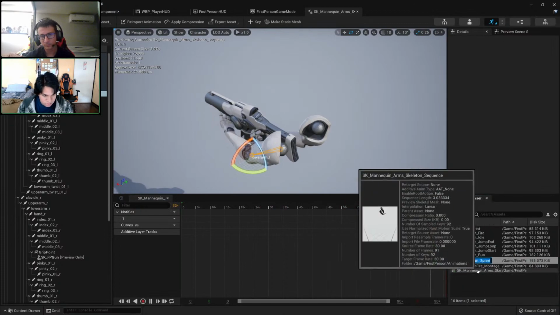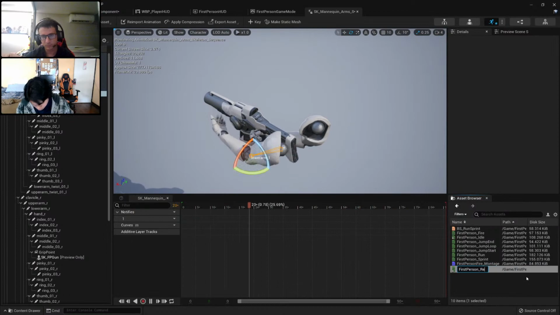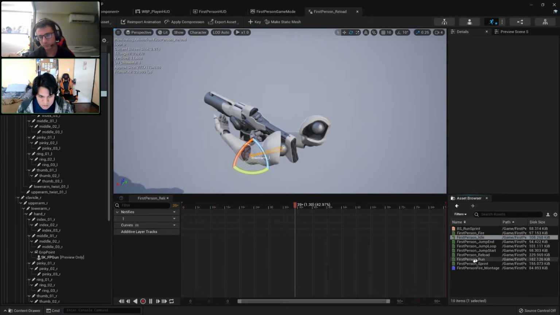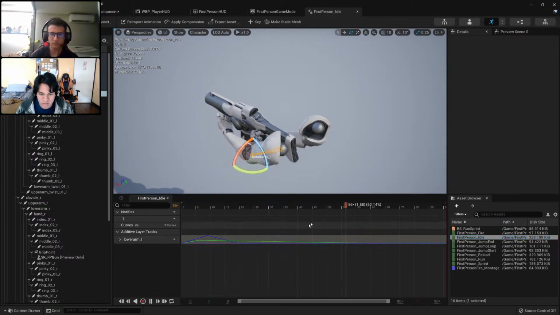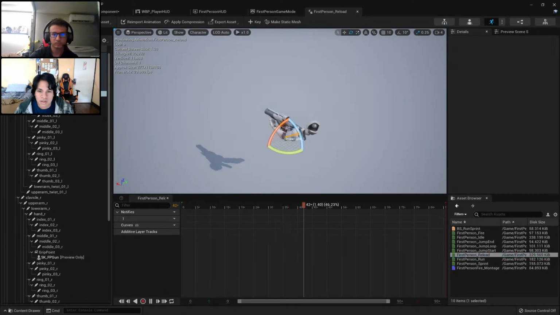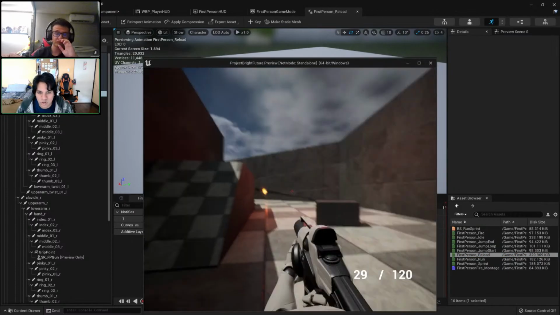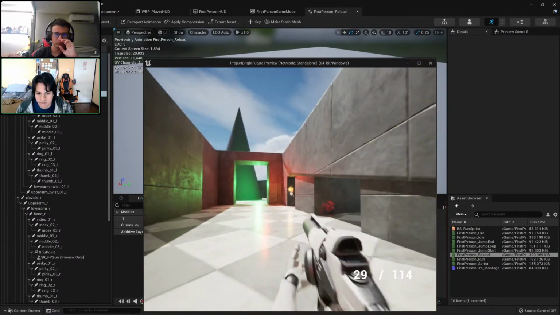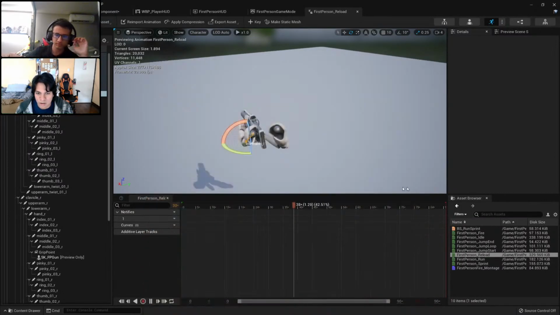So let's call it reload. And the reload is a special case. Let me save this glorious animation. The reload is a special case because you want to be able to reload while you're walking, right? You're walking, I want to reload, then we do it like this. But